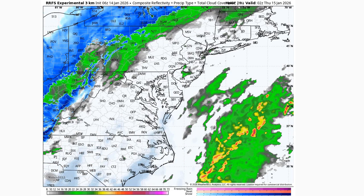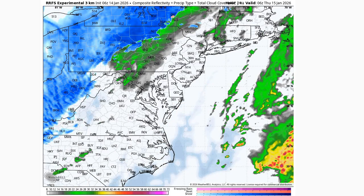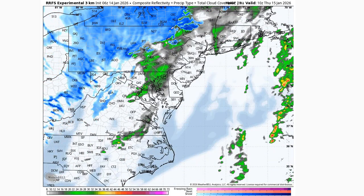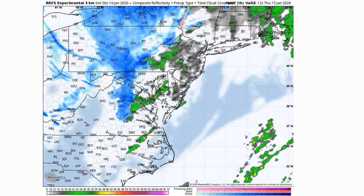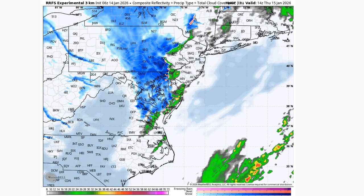As we continue to move through the overnight time frame, continue to see those mostly cloudy to overcast conditions, then we'll start to see that boundary approaching as we move into the early morning hours prior to sunrise. We'll have a chance of a few showers, good chance of seeing some shower activity pushing through the area during that time frame. This model quite a bit slower with this passage than a majority of the modeling, but nonetheless